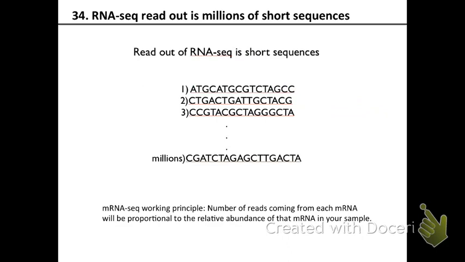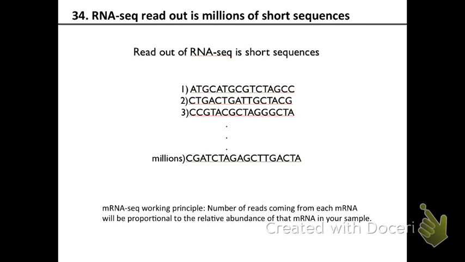So the working principle of mRNA-seq is very similar to microarrays in that the number of reads corresponding to your gene is going to be proportional to the relative amount of cDNA that went into your library preparation, which is proportional to the relative amount of the RNA that was in your sample. Okay? So the number of reads coming from each mRNA will be proportional to the relative abundance of that mRNA